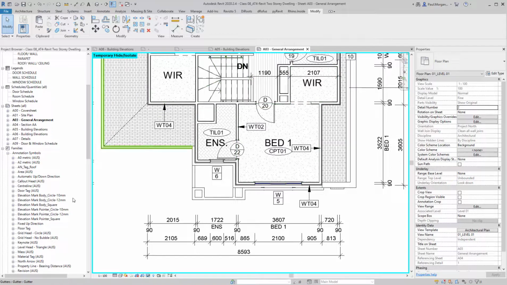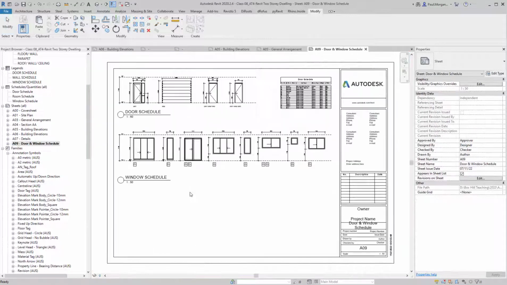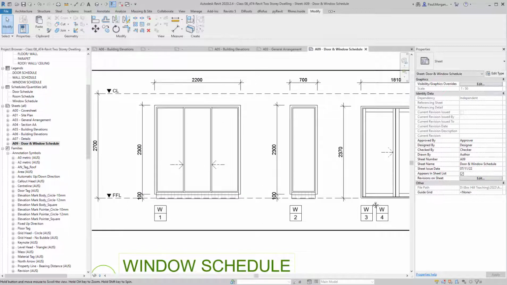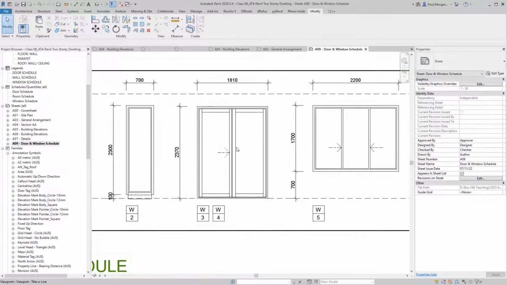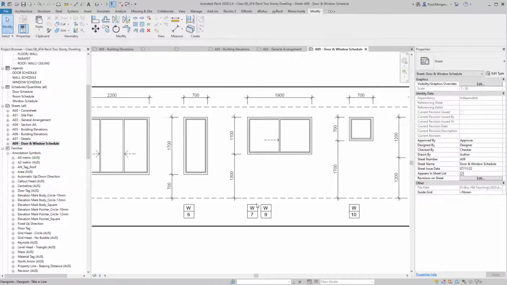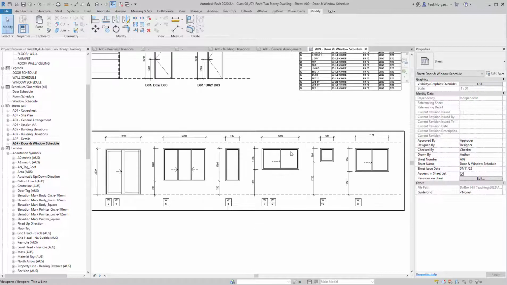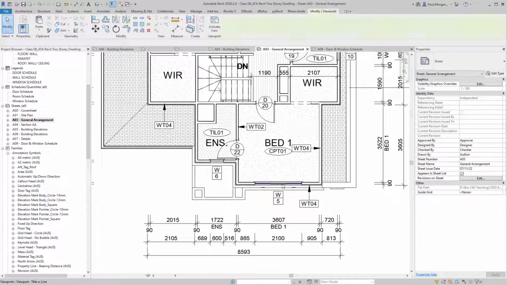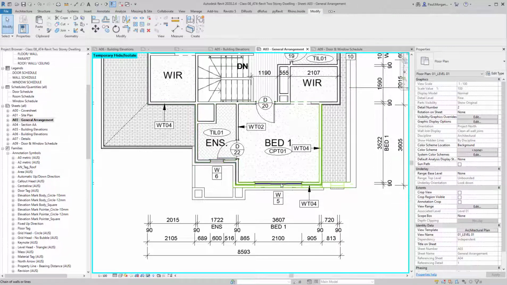And we can see that too if I go back to our door and window schedule. I've now completed the visual window schedule, and you can see here this window is window 1, this sliding door is window 3 and 4 as an example. This bedroom window is window 7 and 9. So I've denoted which ones are what. But if I go back to our general arrangement, I might want to pull the size of the window out within this